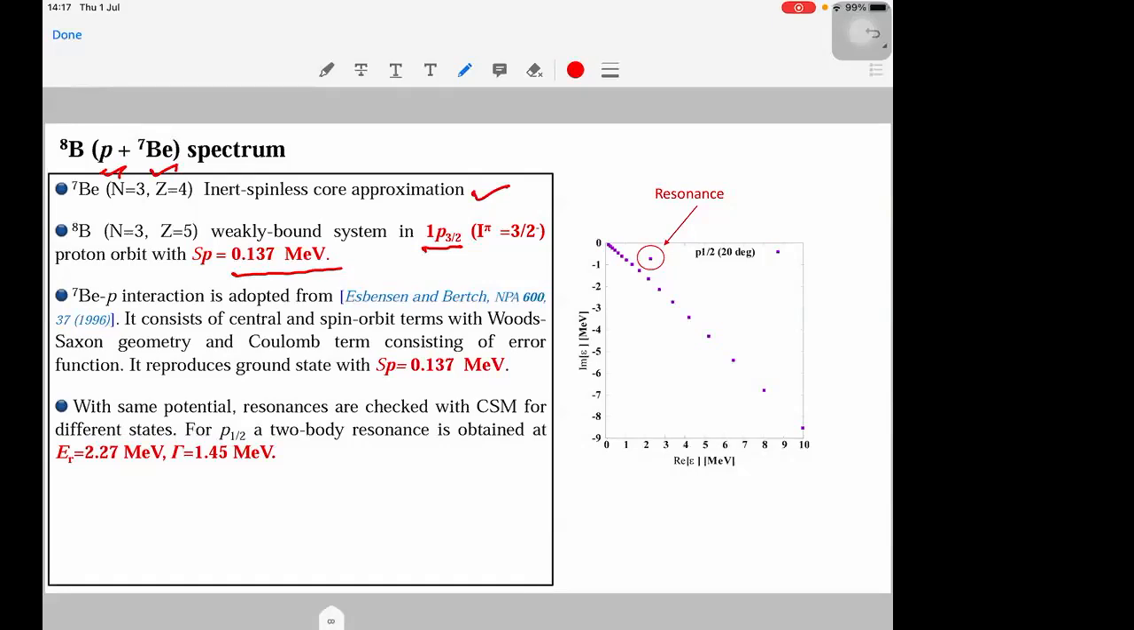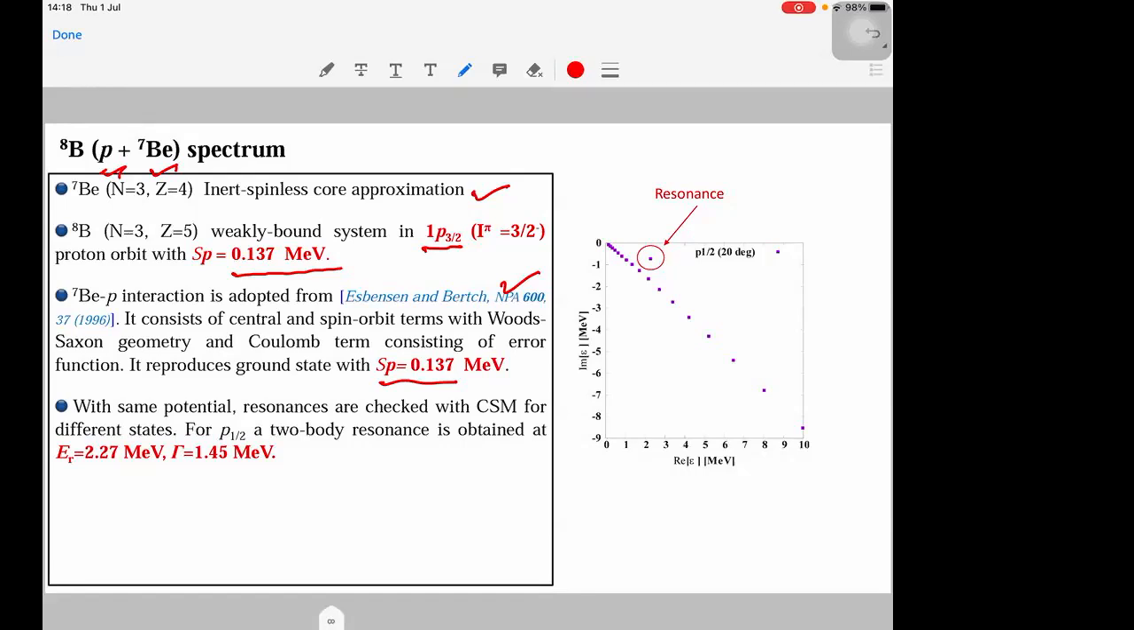So for this interaction, we adopted an interaction from Svensson and Birch, which consists of central and spin-orbit terms with Woods-Saxon geometry and a Coulomb term. This potential reproduces the ground state energy for 8B with the 1 proton separation energy, I would say. Then with the same potential,